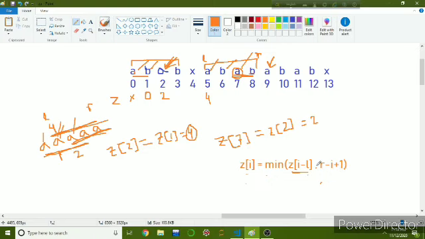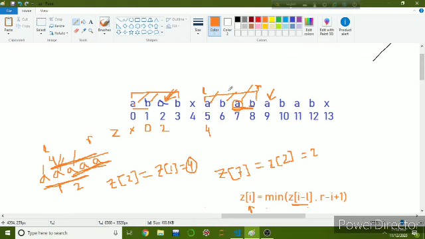Here l and r are the starting and the ending index of the previously matched segment. And for any index I, the equivalent character will be at index I minus l.